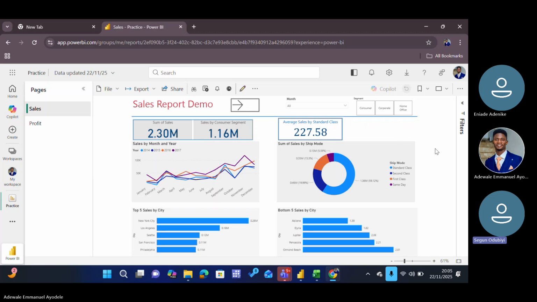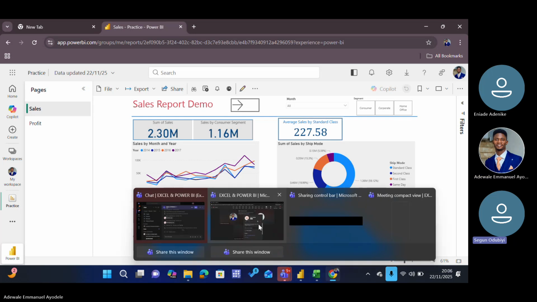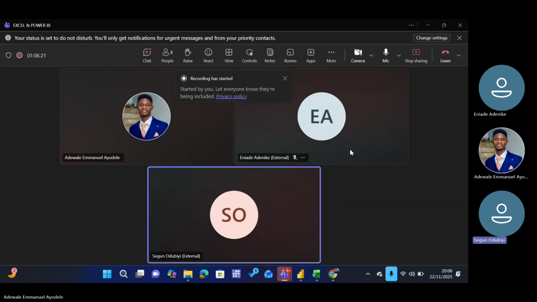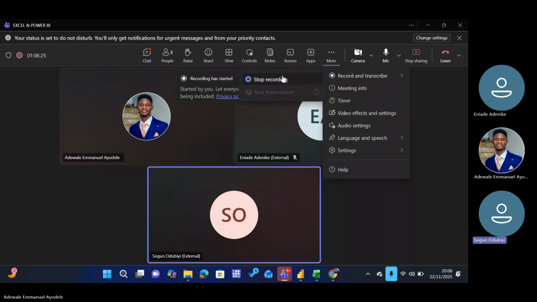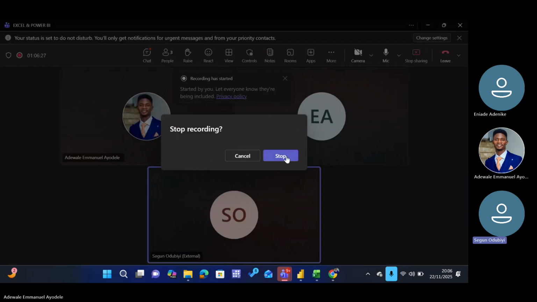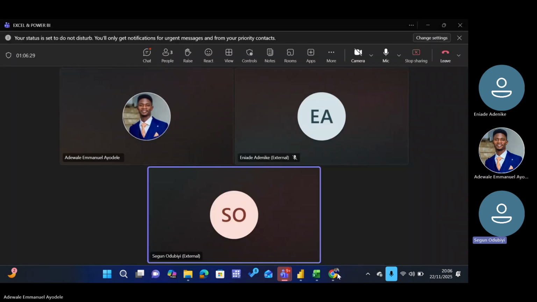My question is that we treated Excel and Power BI, and we know that Power BI is used majorly for visualization. But I noticed that in Excel you can also cleanse data. Sorry, you can use Power BI for cleaning data also. So I just want to know, because sometimes there might